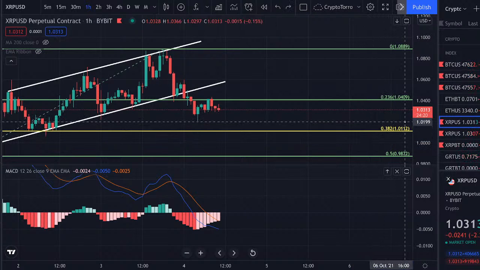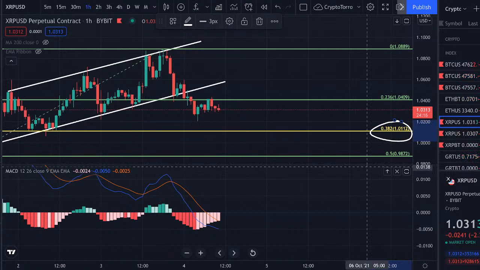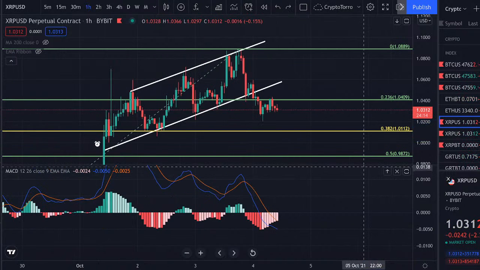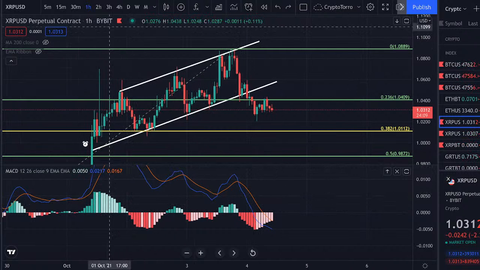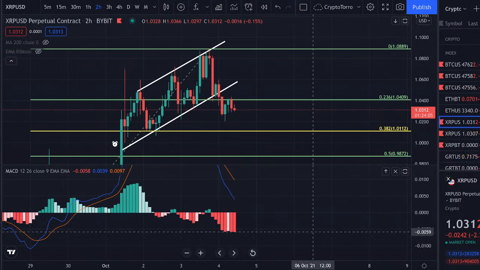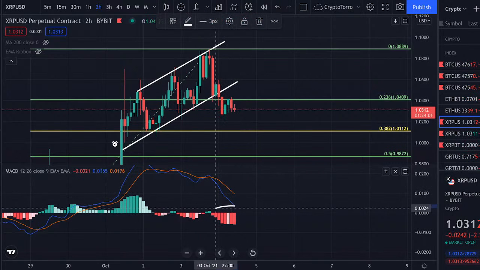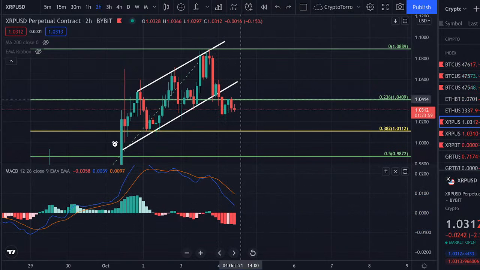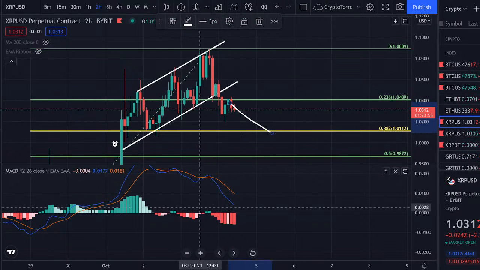I would like to accumulate more XRP by placing a long position on $1.01, but right now I am waiting for the market to show us where it's heading towards. As well, if we take a look at the 2 hourly time frame, you can clearly see that the MACD has a little bit more downward momentum. Therefore, I think it is very likely that we are going to continue with the decrease in its price action